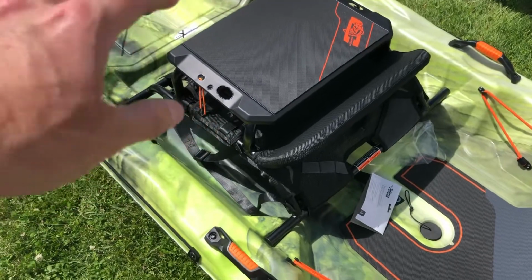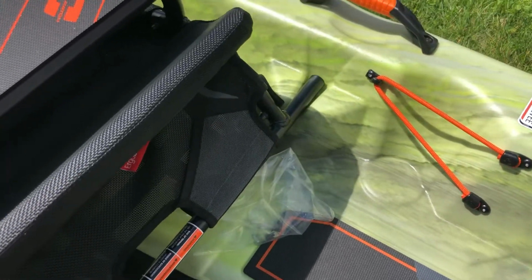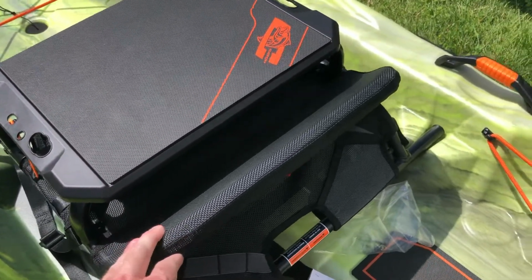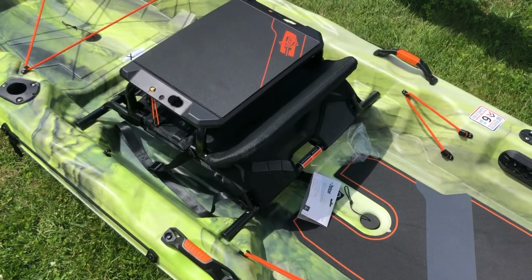But one of the drawbacks that I saw from a couple of people, in the small number of videos that I saw, is the play on the seats, the fact that it is moving just ever so slightly, and I don't think you should have that from the factory. So if I were Pelican, I would just